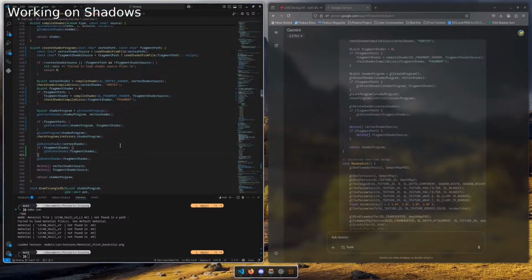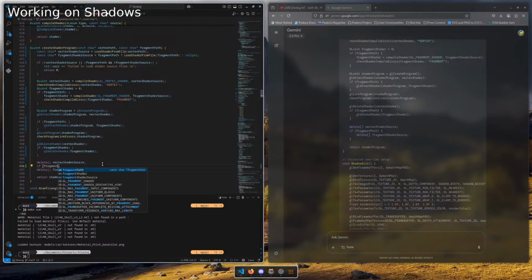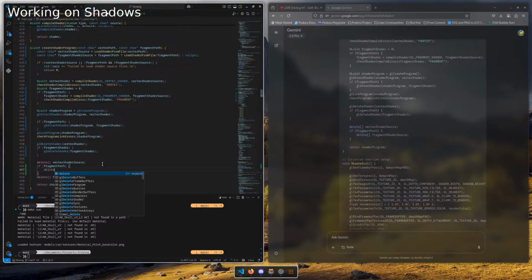We now delete both of the sources so it doesn't leak the memory. We only do that if the path actually exists. I mean, if it doesn't, why would we even do that, to be honest?